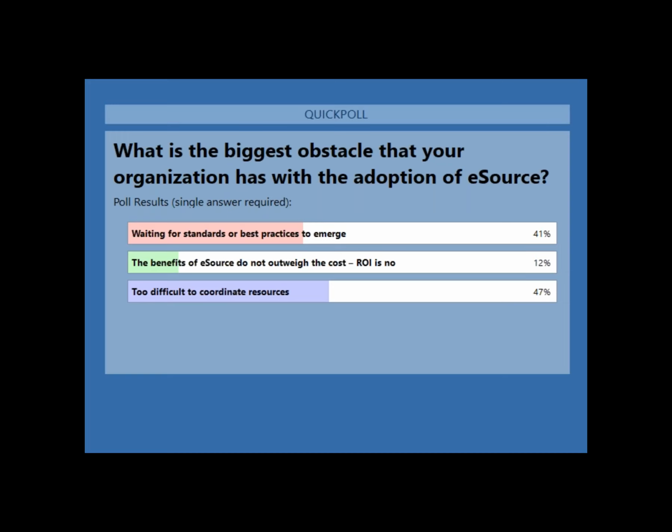Can you keep this here, Sonia, before you turn that over? Let's discuss this a little bit. This is really surprising, right? Because for the past 5 years, we've really been stuck at the benefits do not outweigh the cost. And now folks are saying, no, we're waiting for standards to emerge, and it's too difficult to coordinate the